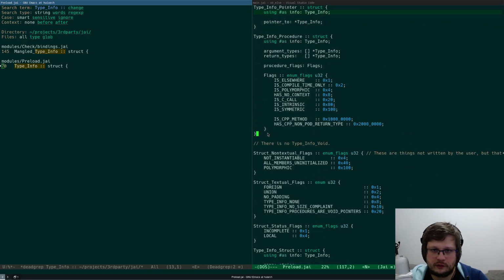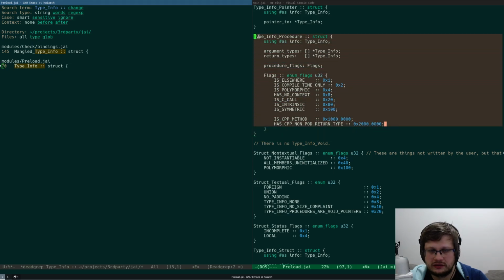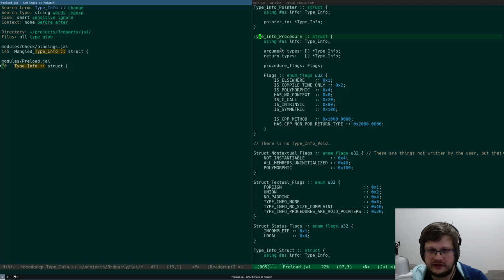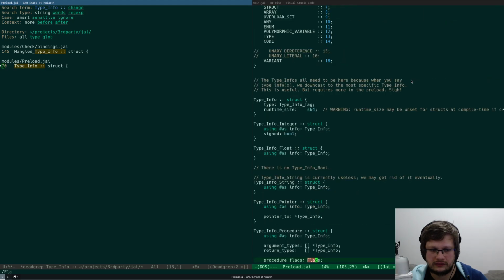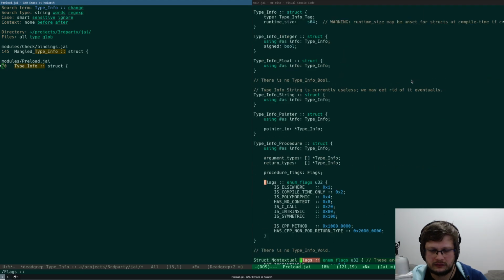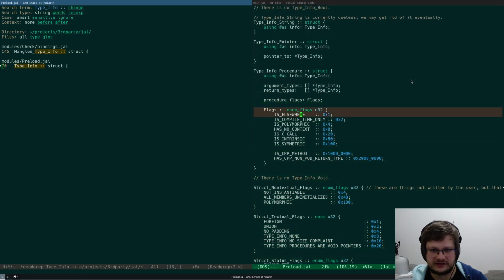This is what I was thinking about. Type info procedure. Maybe it has something about its location. Procedure flags, argument types, return types. What flags does it have? It's literally here. I'm an idiot.